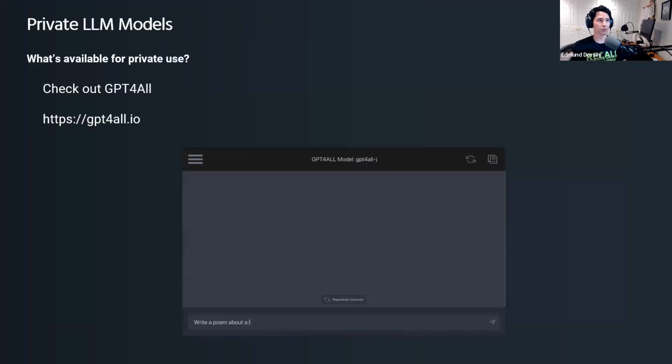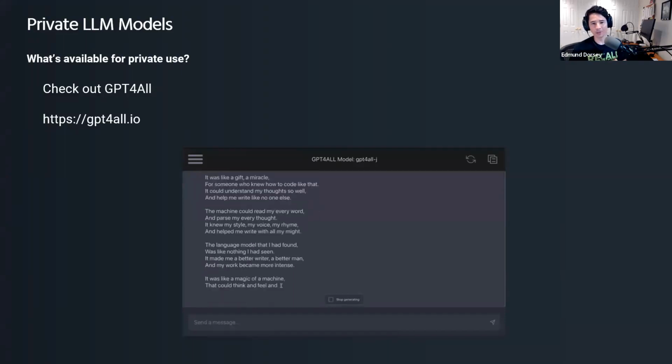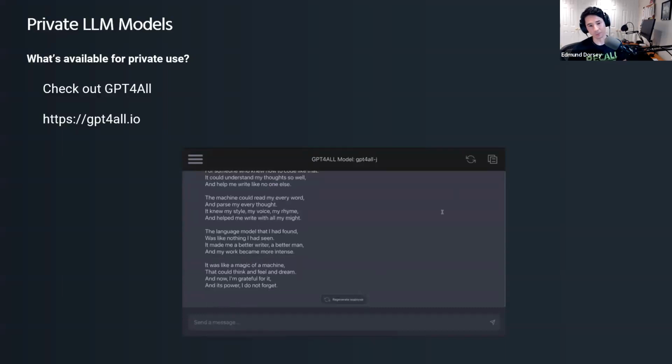So all of those examples are commercial LLMs. What is available in the open source world? With those commercial LLMs, your prompts go out to that API. Joe's going to touch on this later in terms of privacy considerations. But what if you wanted to run something completely local on your desktop? There's a lot out there. One that I'd recommend everyone go out and try, because it's so easy to get up and running in about 15 minutes, is called GPT4All.